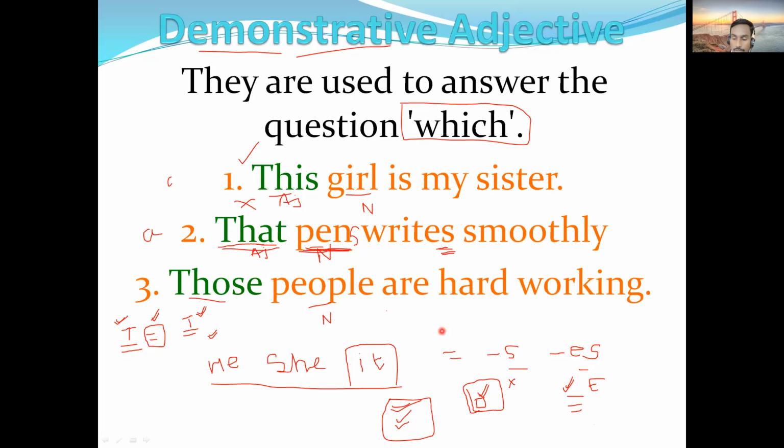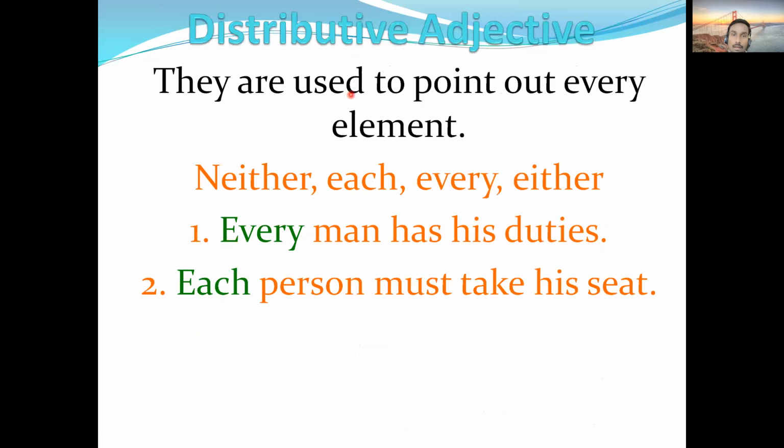Okay, so let's go to the next slide. Now here we have another type, and this other type is distributive adjective. So how is it a distributive adjective? For example, out of these, neither, each, every, either are here. So they are referring to everyone. For example,